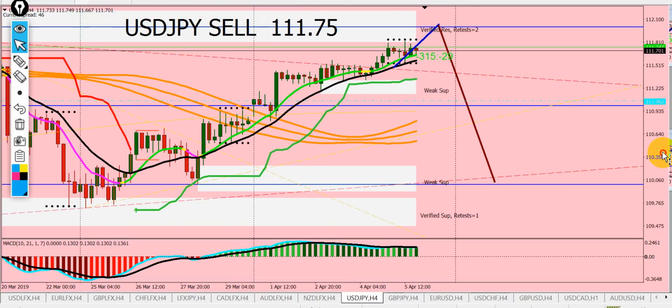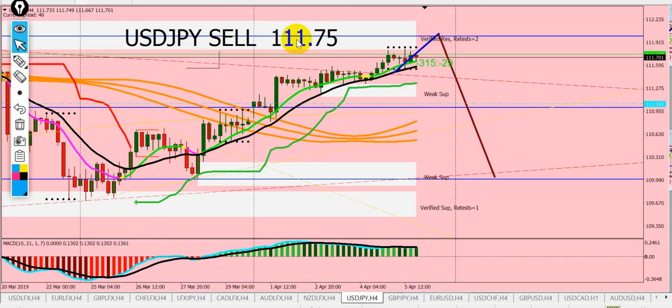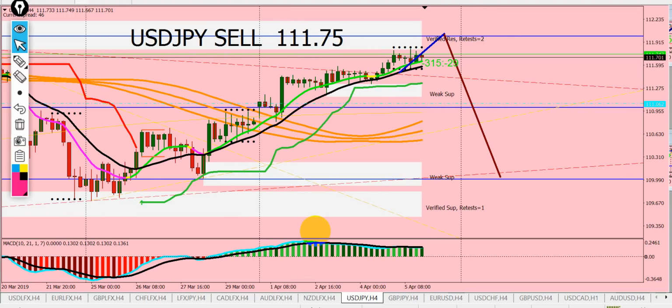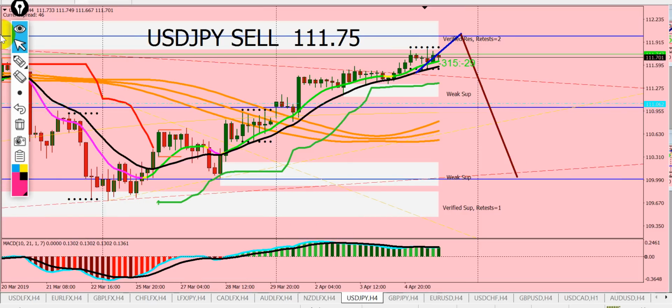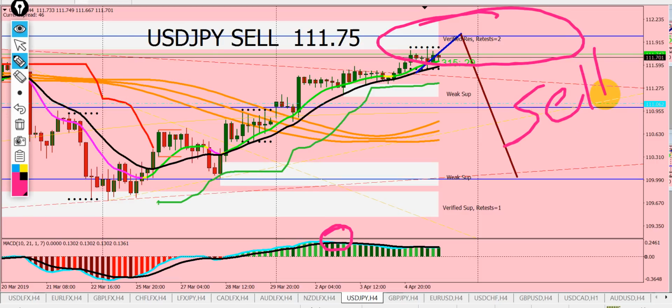USD JPY, so we've said sell it from the 111.75, 112 area. So now we are in the sell zone. This is just a sell, so we're waiting for the sell. There is no buy at all now. Even if it does rally a little bit up with the USA China trade deal, it's going to come down afterwards. The dollar index, we're looking for this area, we're looking for a sell here, and the forecast will go down to the 109 area.